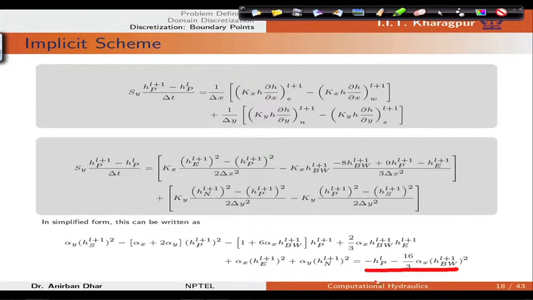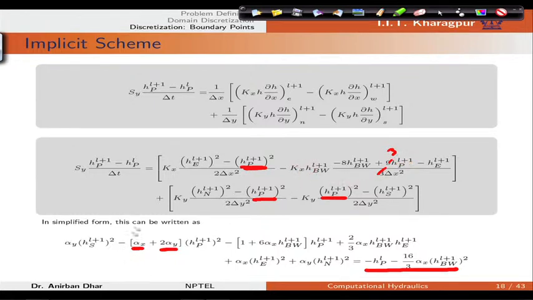On the left hand side, interestingly, we have 2 alpha y which is coming from these two, but only 1 alpha x which is coming from here, and the coefficient 6 alpha x, this is coming from here, 3 into 3, this is 3, and from that 3